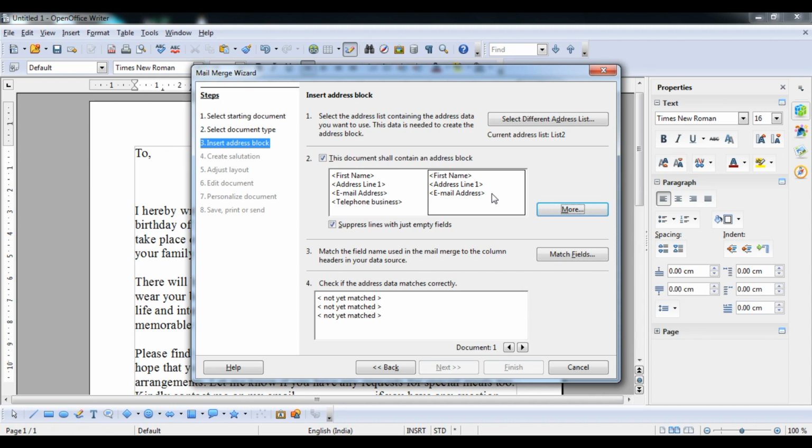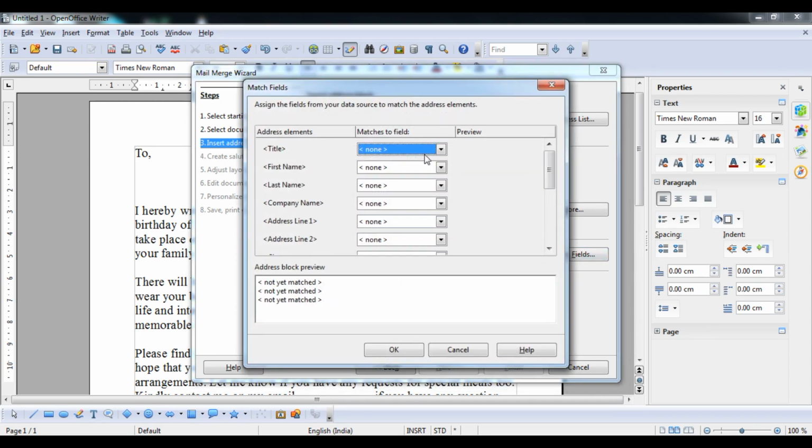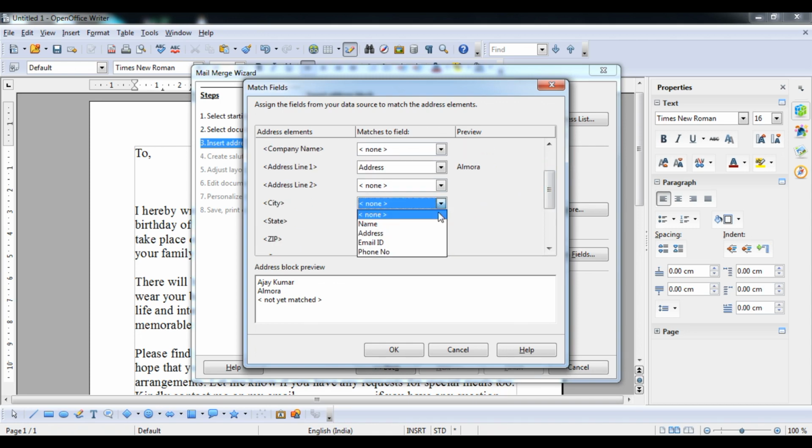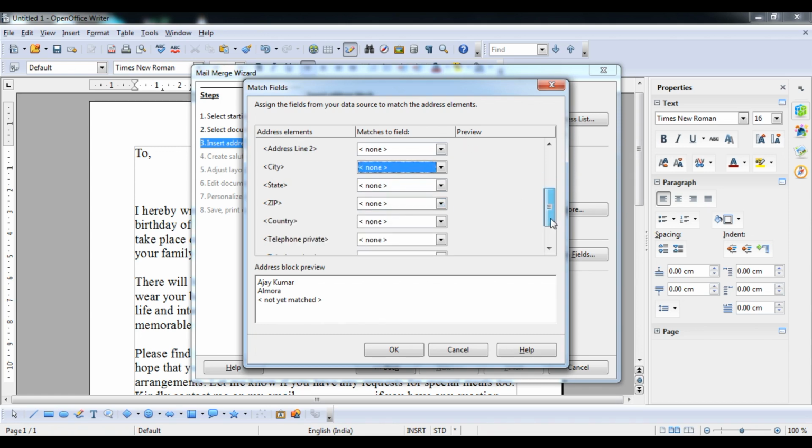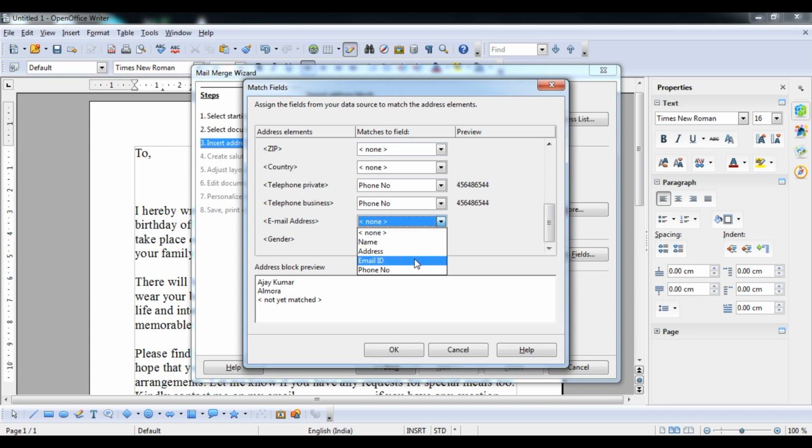So what we have to do student, in title first name will be name, okay, and address 1 will be address, and a city, okay, no, not city, in this we are using telephone number, okay, like phone number, okay, and then email ID is the email ID, okay student.